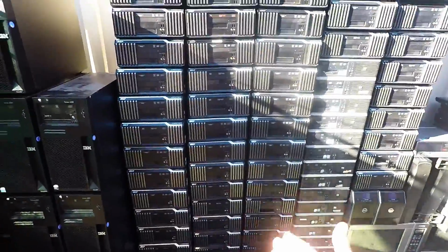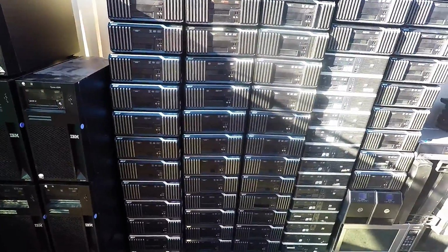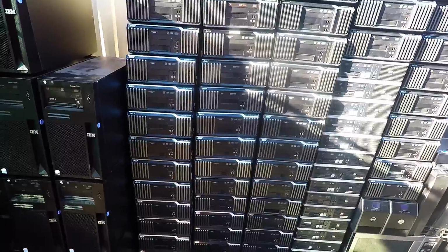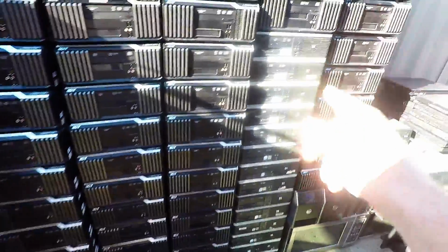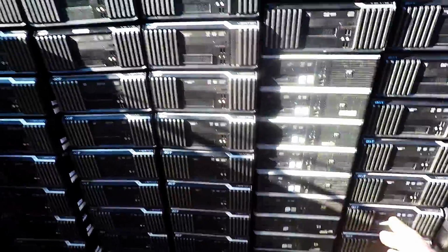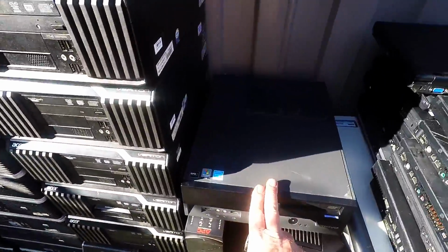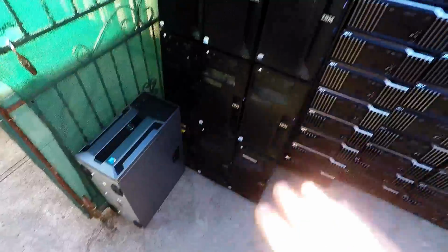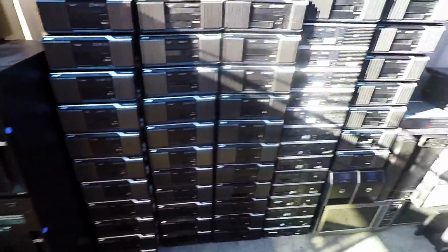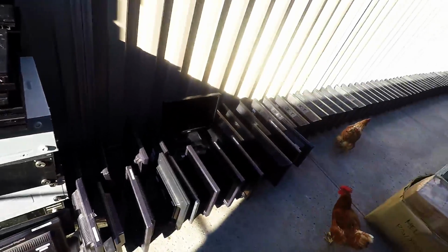Yeah, but geez, how many did I say? 40, 14s. So 56 Aces, 14 HPs. So that's 70 and one Lenovo. So 71 PCs. 8, 9, 11, 12 servers, a dozen laptops,